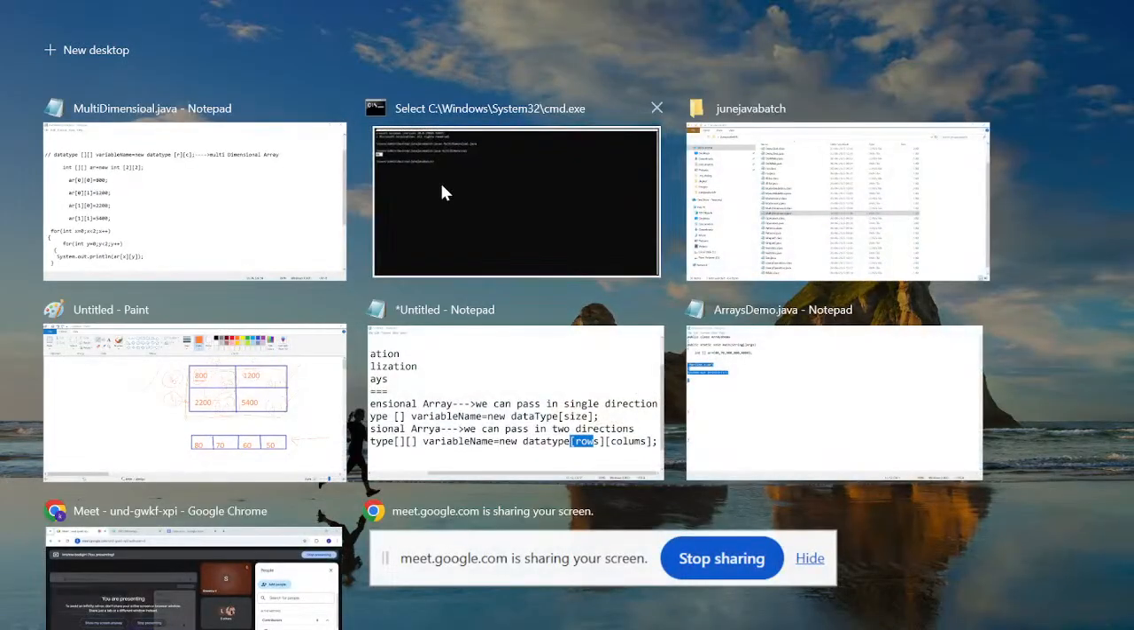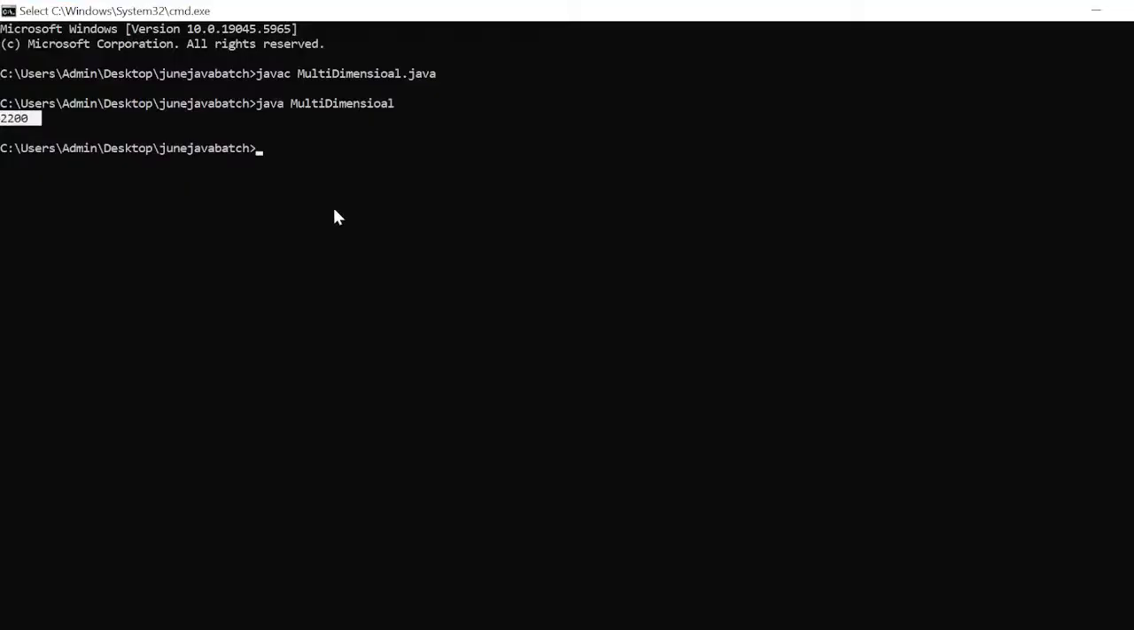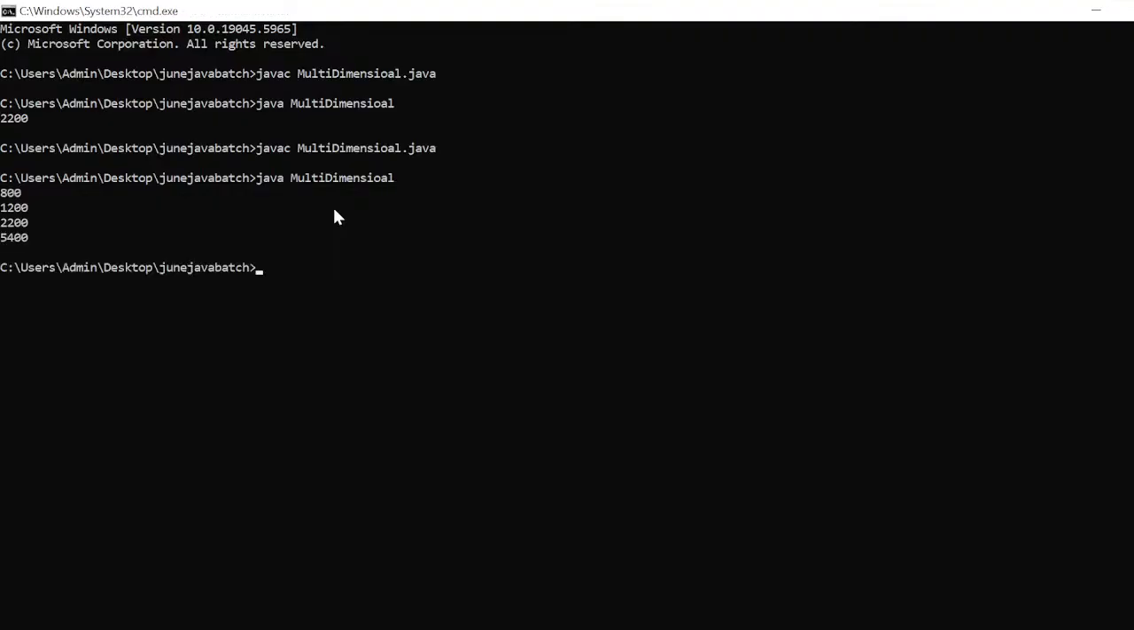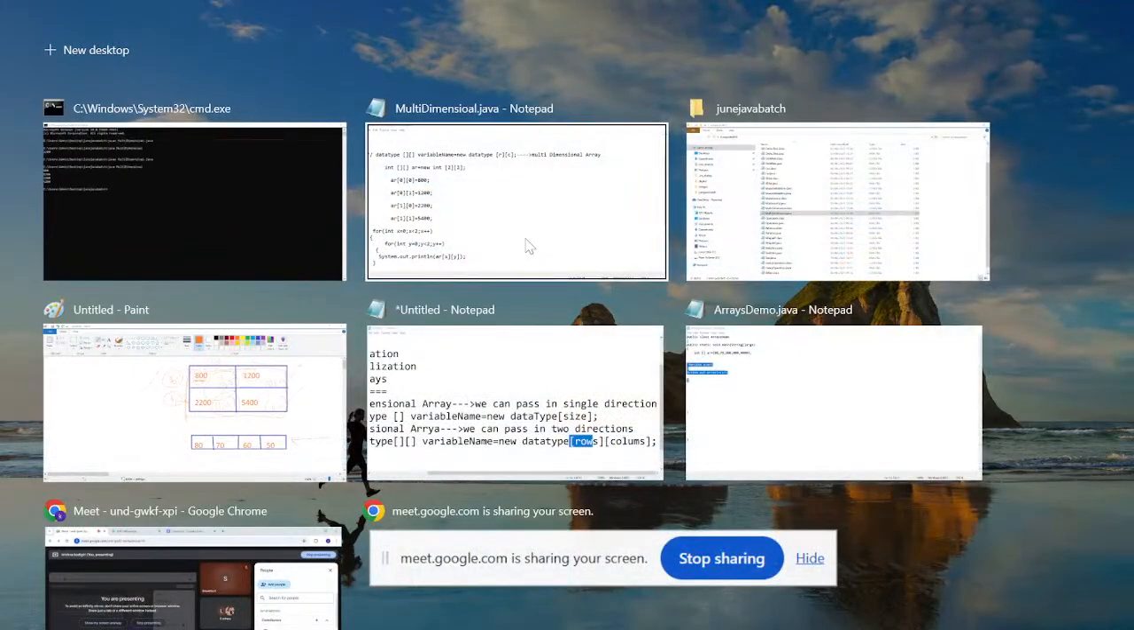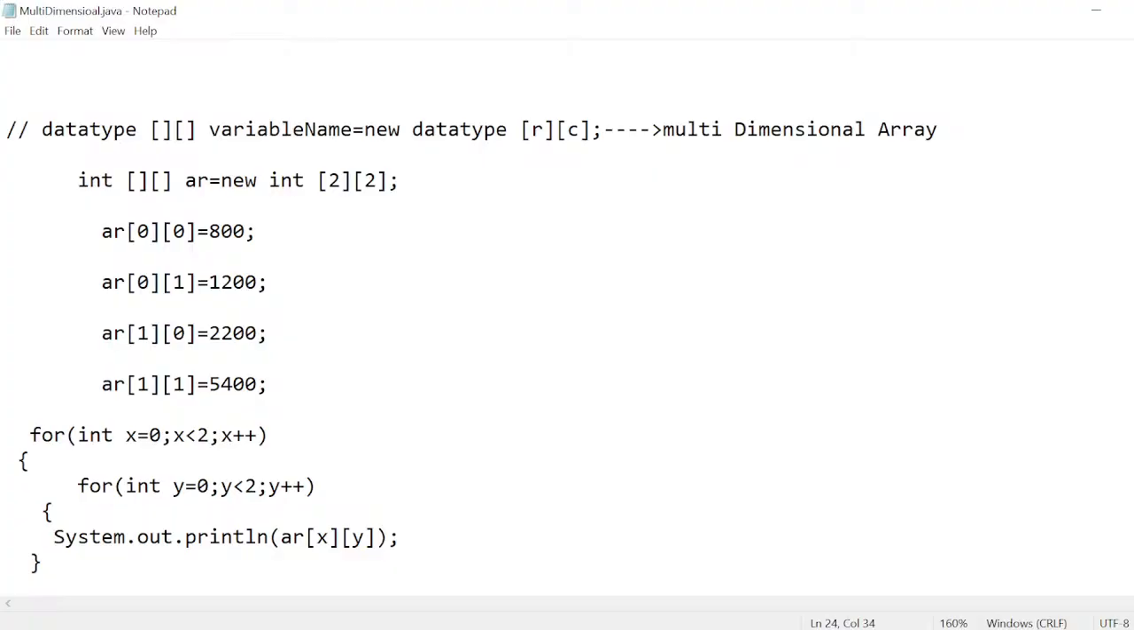Go to command prompt, use the up arrow, you will get the previous command, javac and java. See, you are able to get all the values. Okay, fine. Scenario number 3 is,